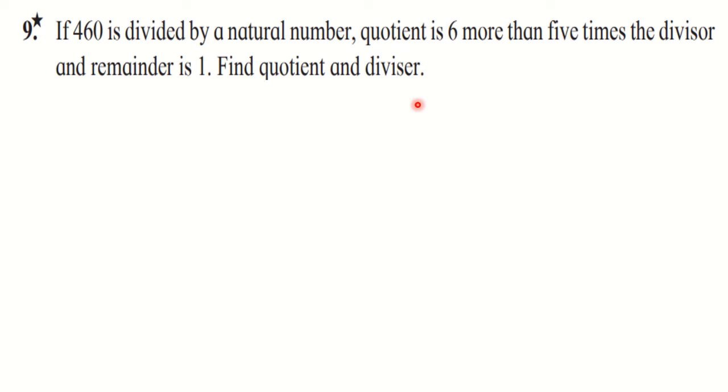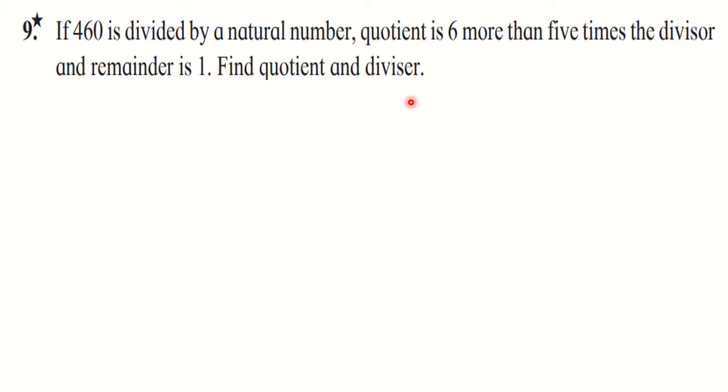Now see here, if you read the question properly, you will find the words. See here, divisor is there, remainder is there, quotient is there, and this 460 is called as dividend. So immediately you have to recall the relationship between them. You know that dividend is equal to divisor into quotient plus remainder. You have studied this in lower standard. So that relationship you need to use here. This is dividend, then quotient, divisor and remainder is given. So we have to find quotient and divisor.